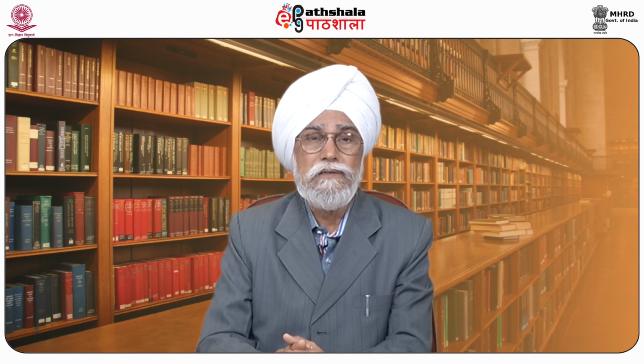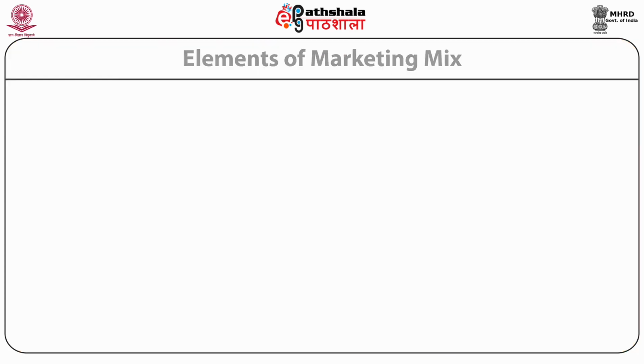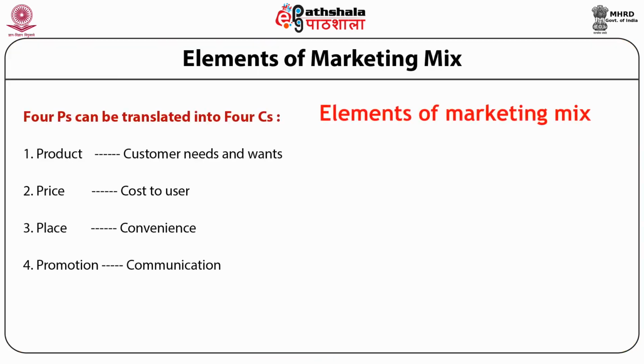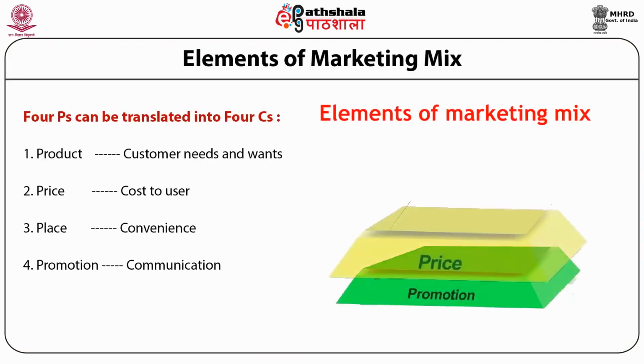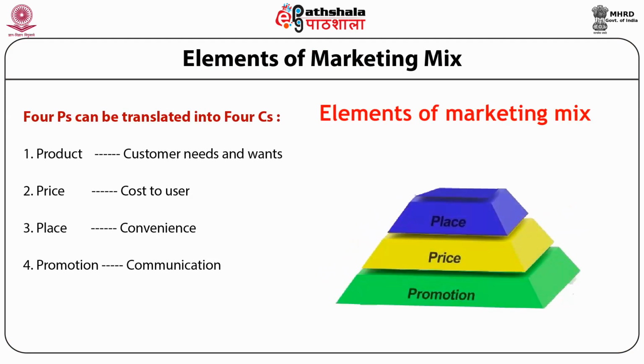Price is equal to cost to user. Place is considered as convenience. Promotion is equal to communication of the product or service. Let us now discuss the 4 P's one by one and know the significance of all these in the 4P